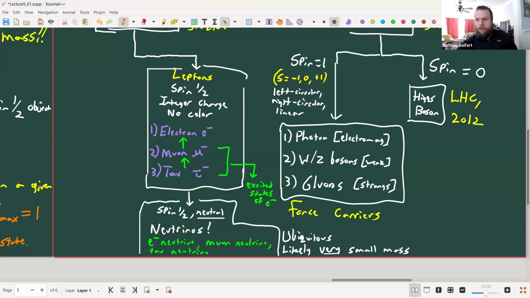When you detect them, you basically find that it's the most common thing other than the photon in the universe. There are neutrinos streaming out of everything. They just very rarely interact because they're very weak, with very small mass. They don't interact with a lot of stuff because they're neutral. They don't have charge. So they only interact with other things through the weak force.